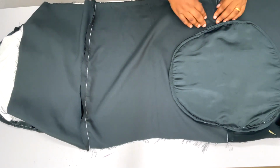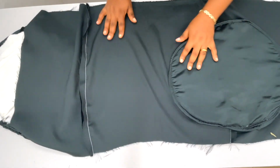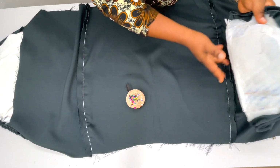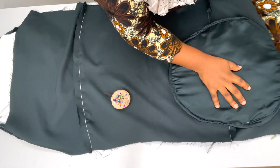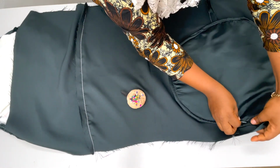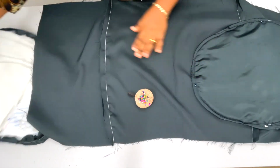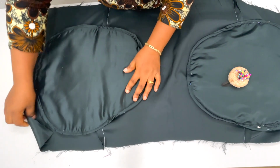Now you want to actually pin both the padding and the lining. So you're going to be covering it up. All this wording, you won't see it anymore. I'm going to be covering it up this way and just pinning around the area. And then same applies here. This one, place it this way,